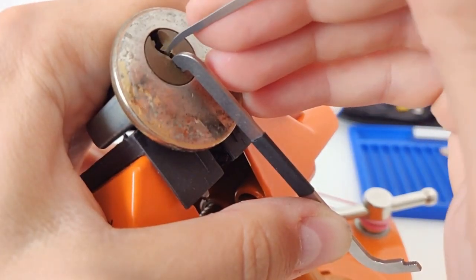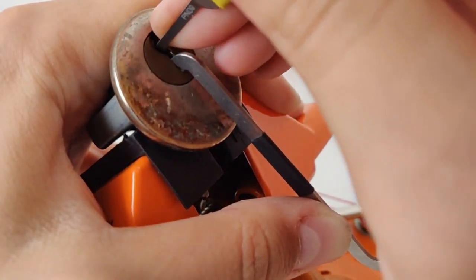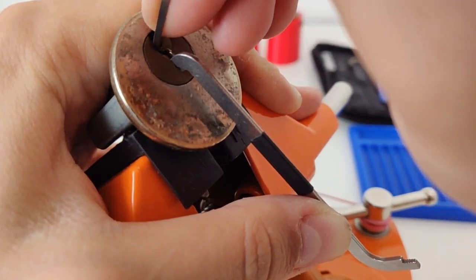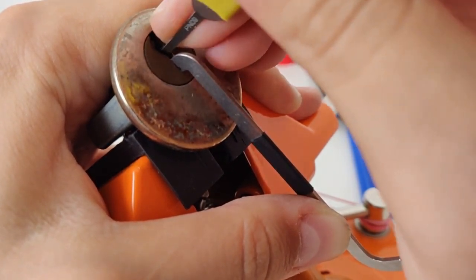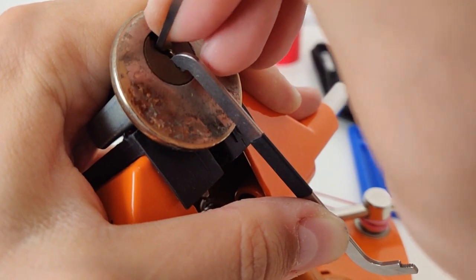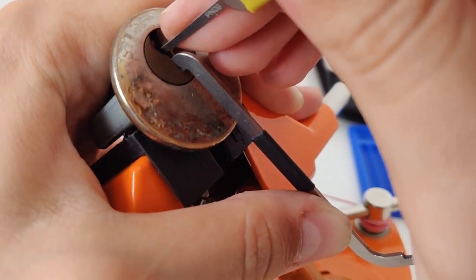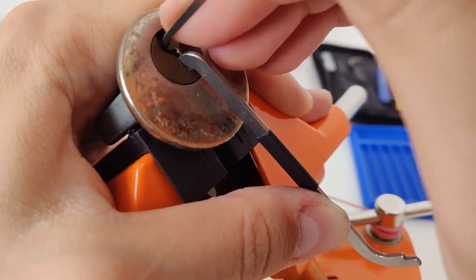fifth nothing again. So the second one is giving me a little bit of play, and another click for second one, pin number 2, and now 3 it's binding, or maybe not, 4 5 nothing, again 1 nothing, 2 it's I think it's at 3 nothing, 4 click and turn on the core, 5 click and deep full set, so